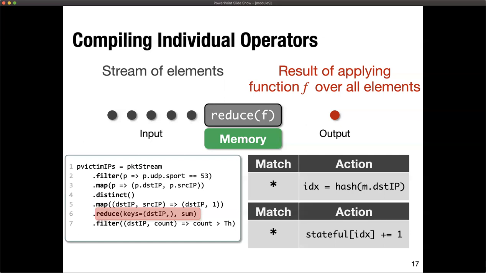Okay. So now let's assume that we are able to perform this operator. Then the next stage, the input will be the unique pairs of source IP and destination IP, right? Now we can ignore the source IP because we want to do the count for destination IP. Then we need another set of match action tables. You folks can see that, right? Yeah. So we need another pair of match action tables where we are going to compute the hash on just the destination IP,